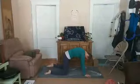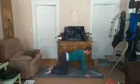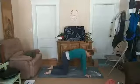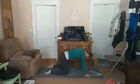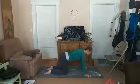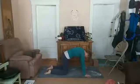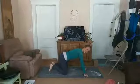Stretch out the shoulders and upper back. Inhale, drop the belly, lift through the heart. Exhale, drop the head. Good. Last one. Inhale. Exhale. So good. Okay, so from here, as we do our bird dog, as I'm calling it, we're going to do